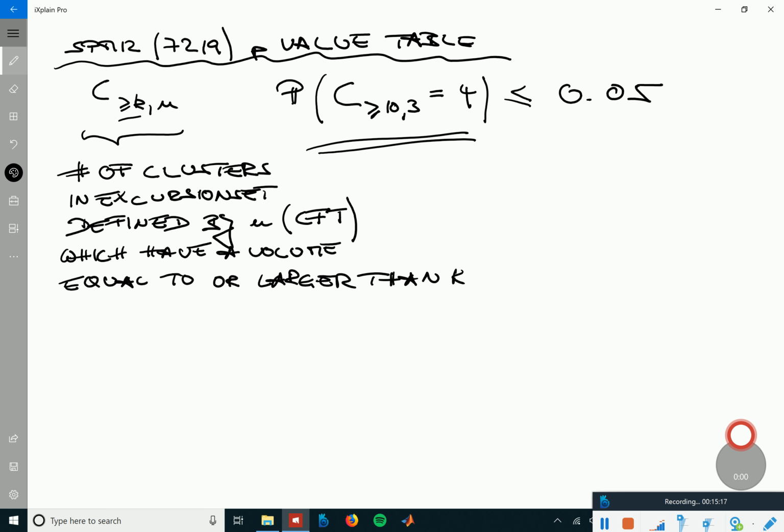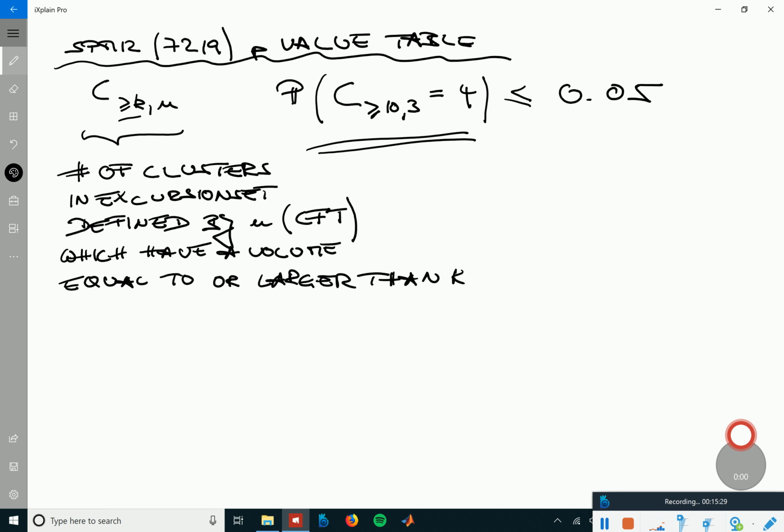Yeah, and there's nothing to understand about this. This is something to memorize. That's a definition. So this random variable C subscript larger than K, comma U models